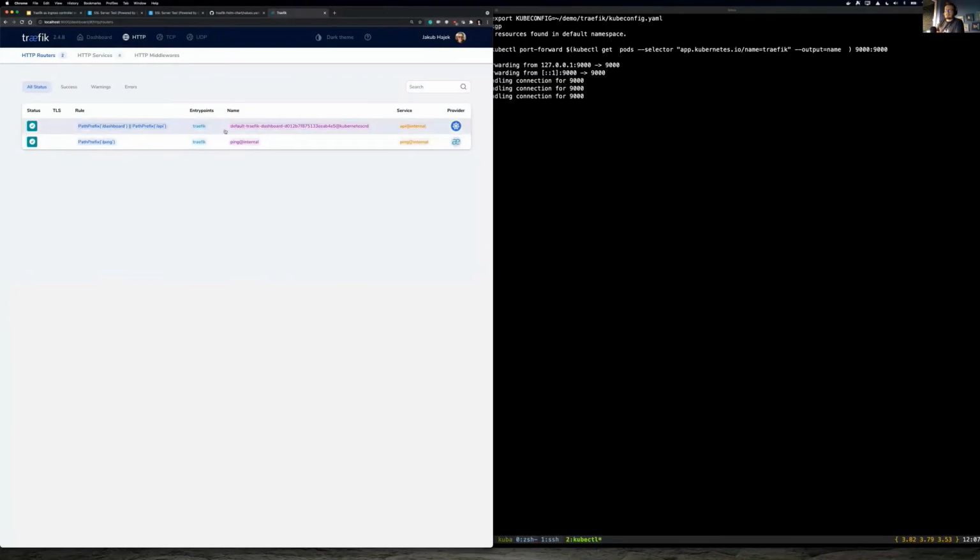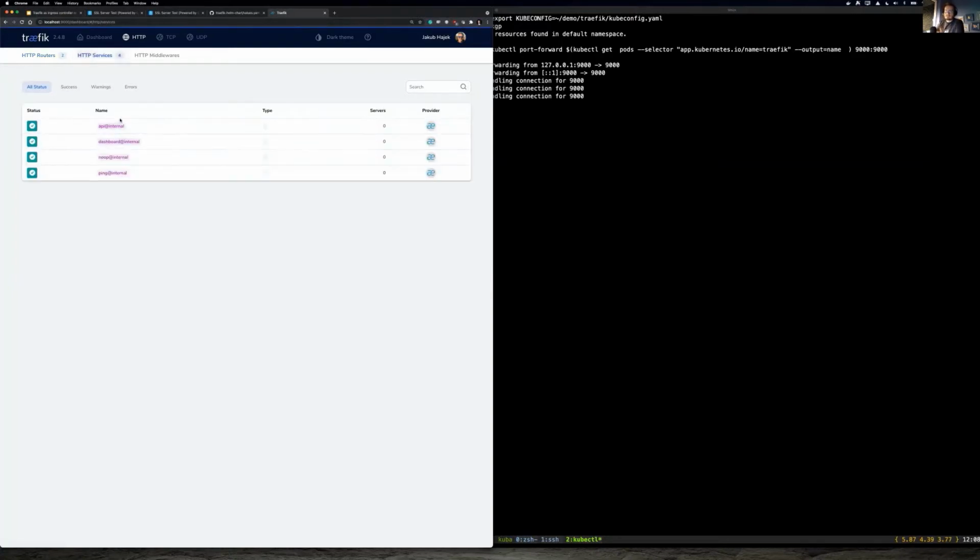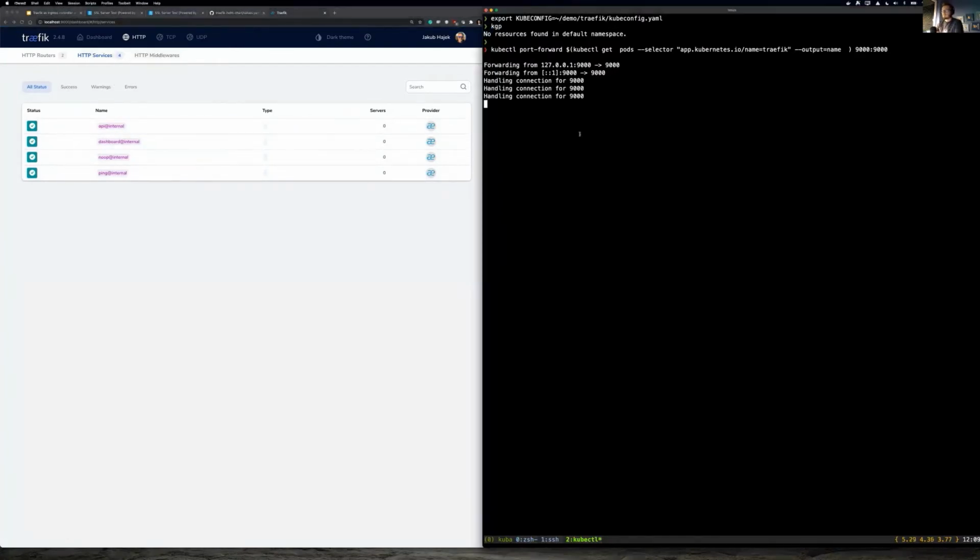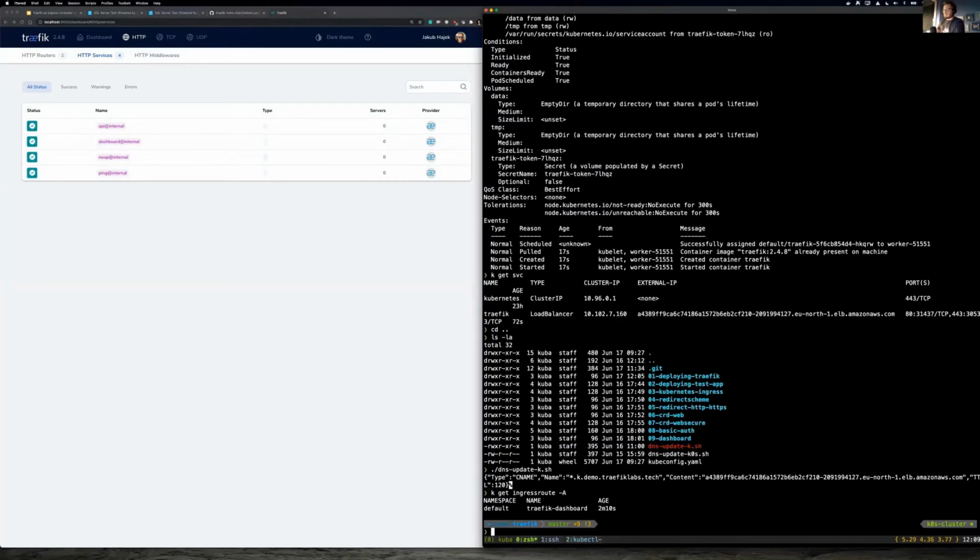As you can see, that's actually the dashboard that we are able to see right now using an API internal service, provider Kubernetes, and it's actually a health check to make sure that traffic is healthy. So it's a liveness and readiness health check probes provided by Kubernetes. So services, those are just internal services that are required to have the traffic up and running. So yeah, let's move forward to the next lesson,